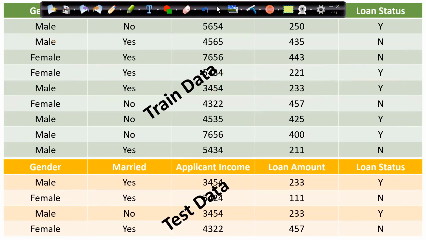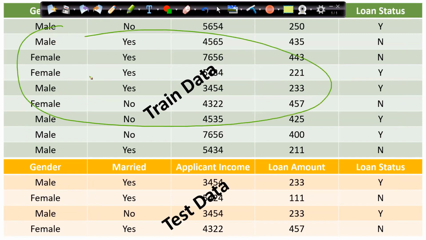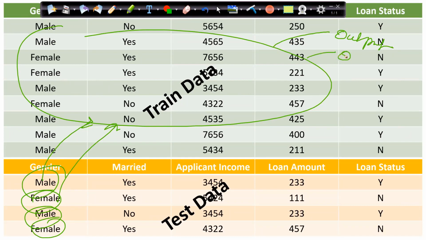So I created the model on this data set. And what I will do is take one record at a time from this data set, just from the intuition point of view, but in real time it will take the whole data set together. I have the model created here. I will take this record, pass it in the model, and get some output. I'll do the same for the next records. This is how the cycle will go on.